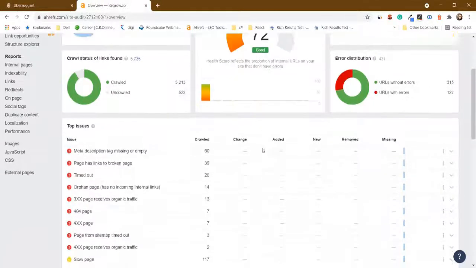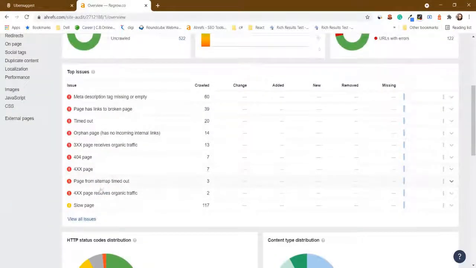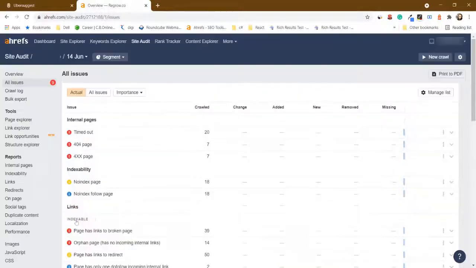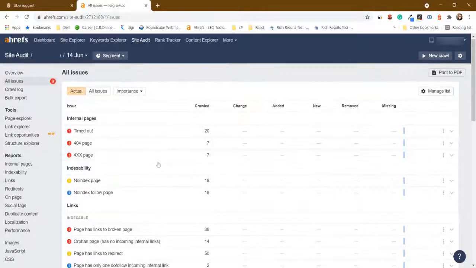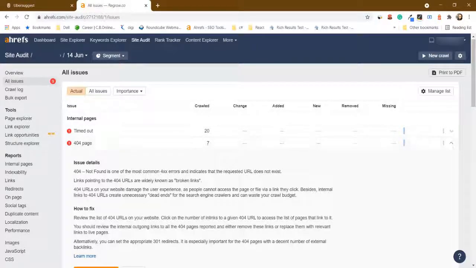So I have selected the project, and here you can see the issues which my website is facing. I just have to select view all issues. All the issues related to my website will be shown over here. There are certain things that you need to ensure and fix, like the 404 page. 404 means someone who's coming on your website and the page is not loading, the page is not found or the page does not exist. So it is basically a broken link, or a broken page. What you need to do is give a redirect to some other page.